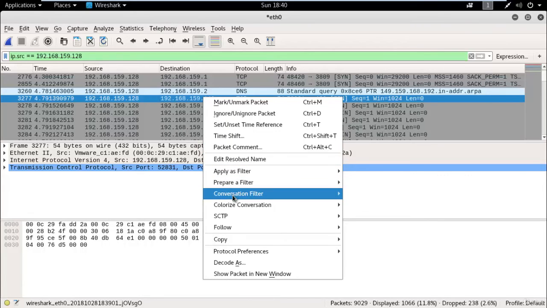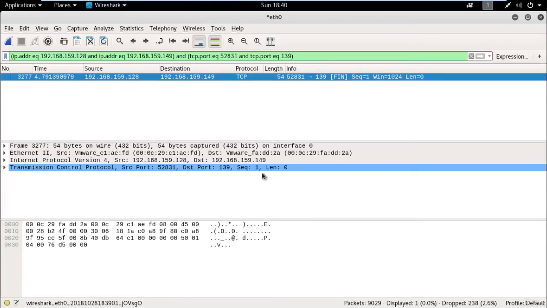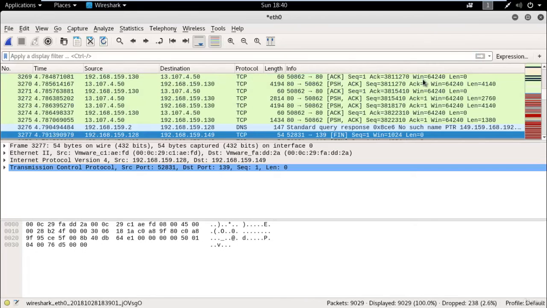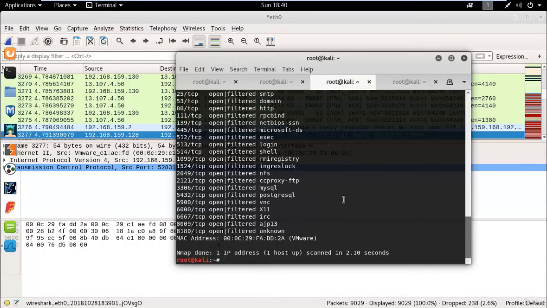So let me filter with the conversation filter and go to TCP. Here you can see .128 had sent a FIN packet to .149. The port information is also available. So hope you understand how to send a FIN packet to the target device.